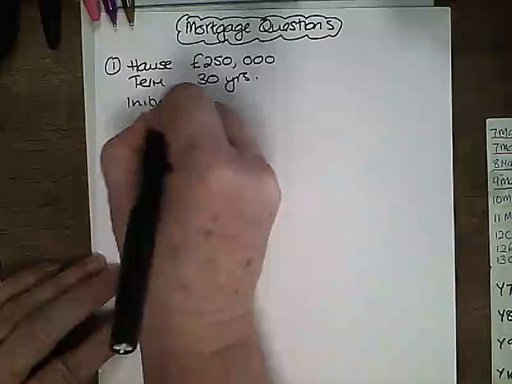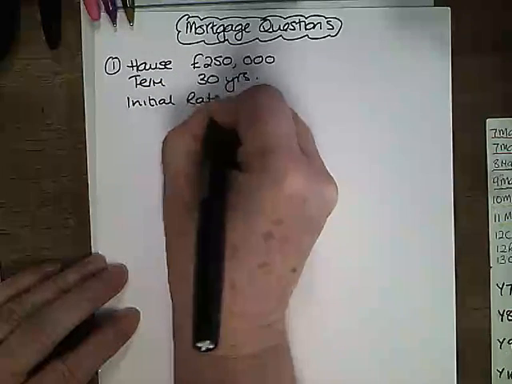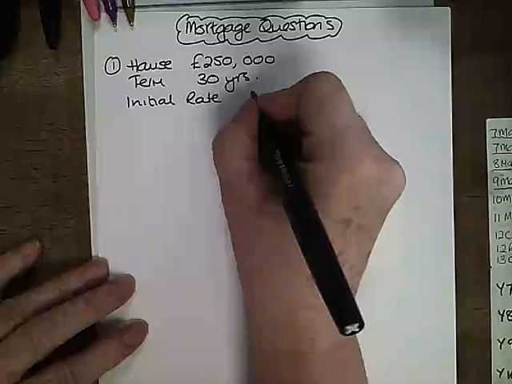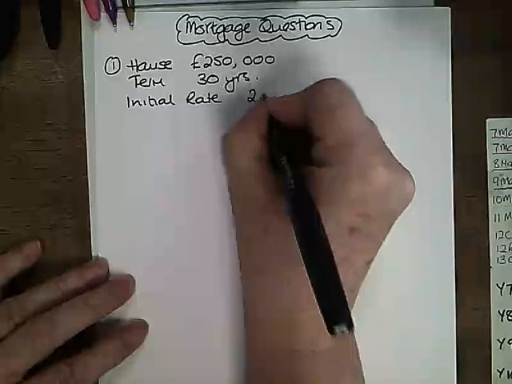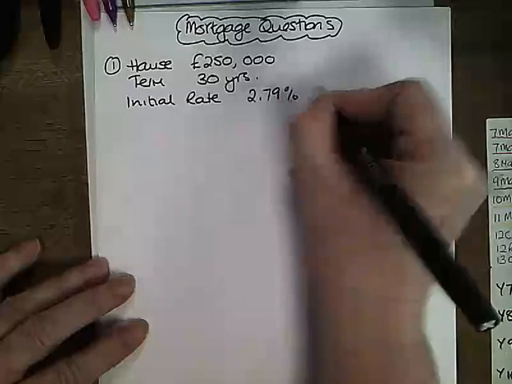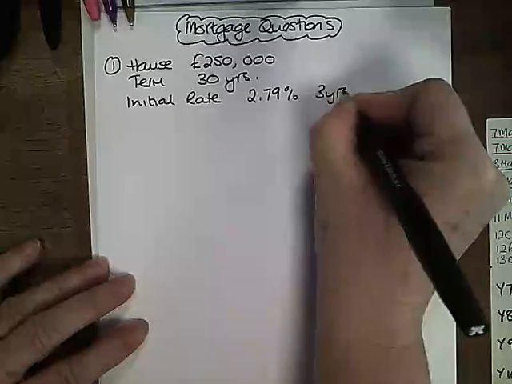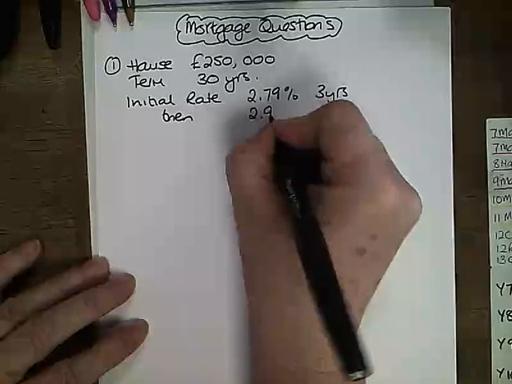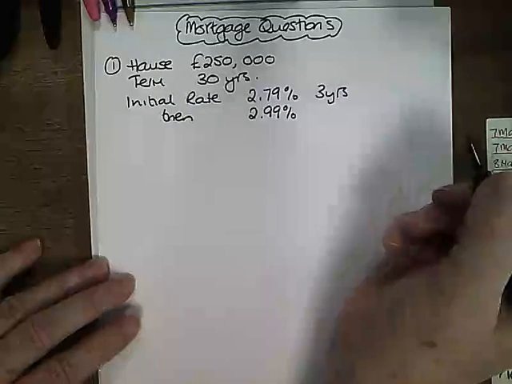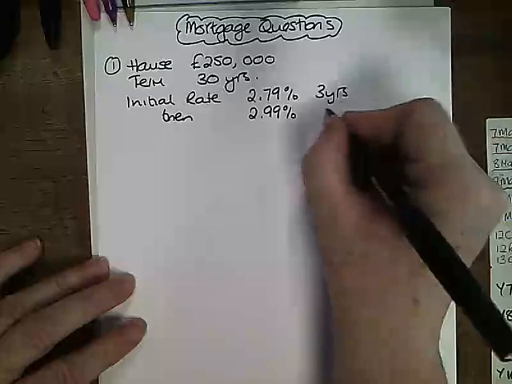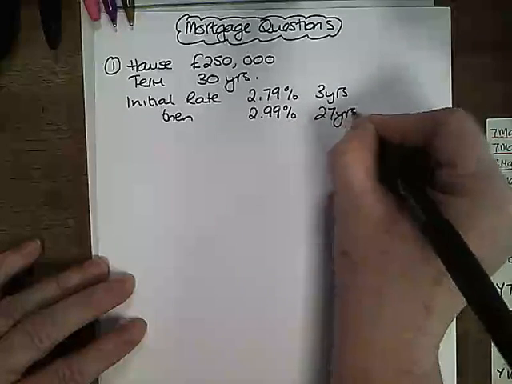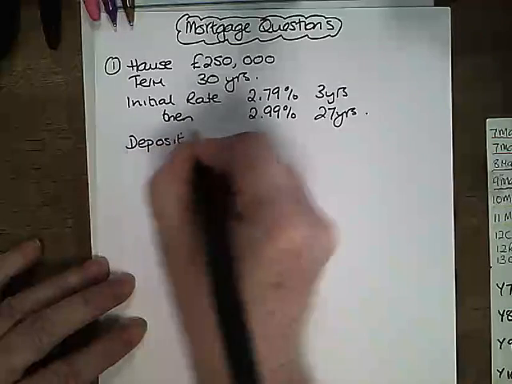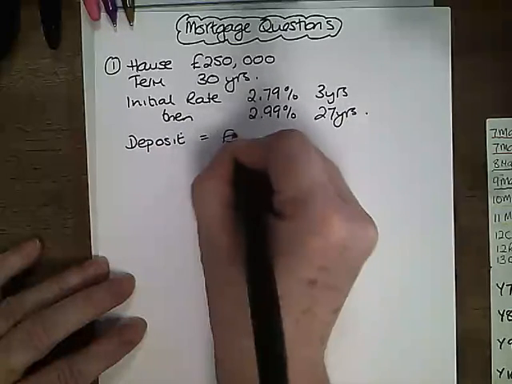Initial rate, we might not need all this information, but it's useful to have it out of all the writing, 2.79%, and that is for 3 years. And then you're going to pay 2.99%, and that's the remainder of the term, and because it's 30 years, that's going to be 27 years. The deposit we have is £30,000,